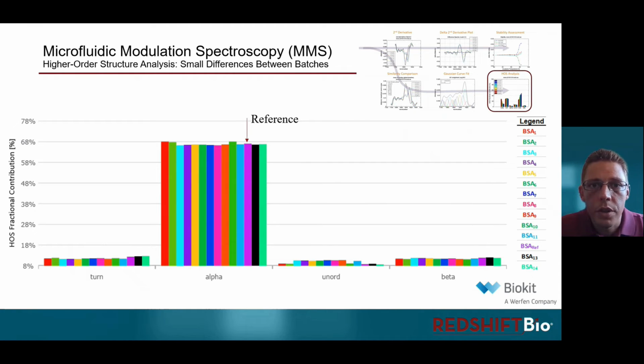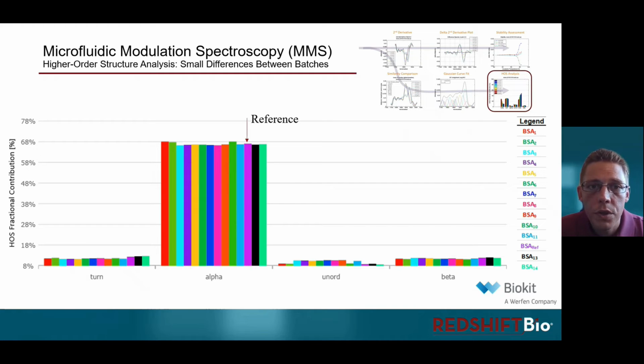If we deconvolute the second derivative data by doing some curve fitting analysis, we can deconvolute this data into a much simpler output. In this case, a bar chart output showing you the breakdown of secondary structures across turn, alpha helix, disordered, and beta structure. We can see that the reference in purple shares a very similar structure as we saw from the similarity results